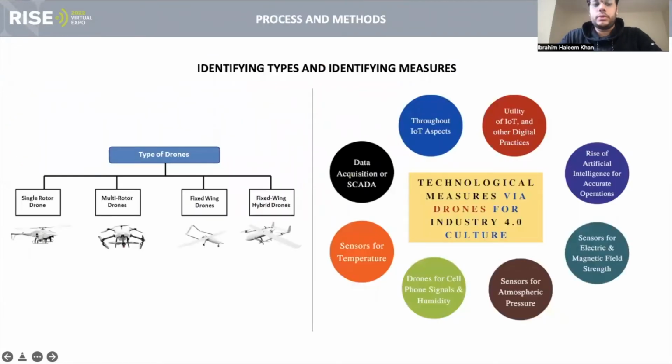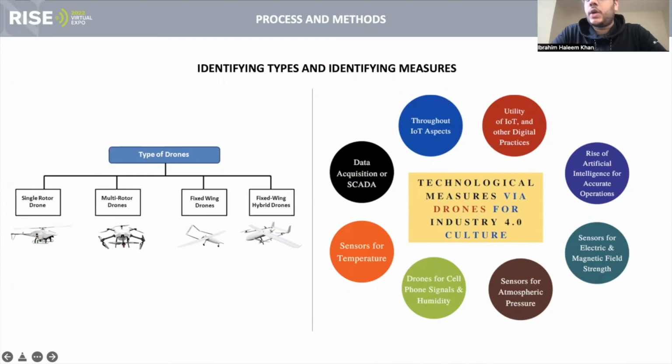There are 4 types of drones: single rotor, multi-rotor, fixed wing, and fixed wing hybrid, combining both of them. The measures that we can use for a drone are throughout aspects of IoT, utility of IoT practices,